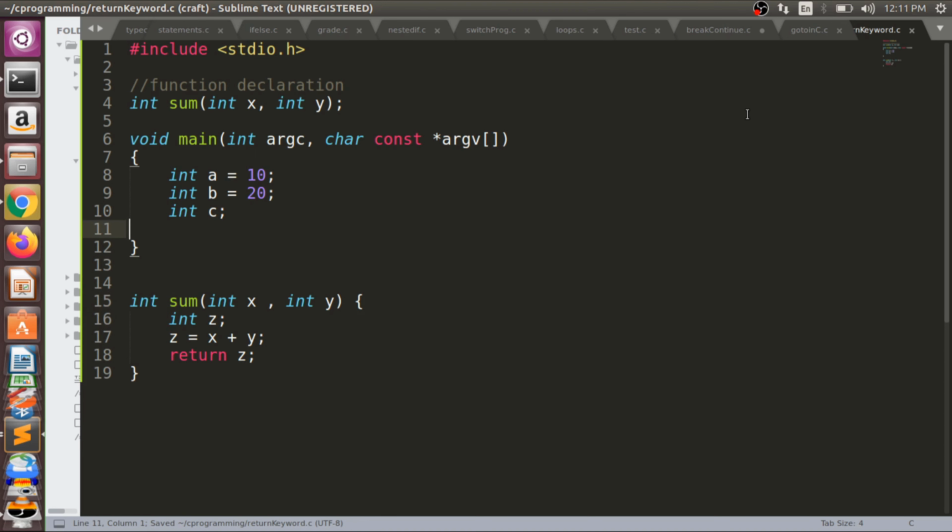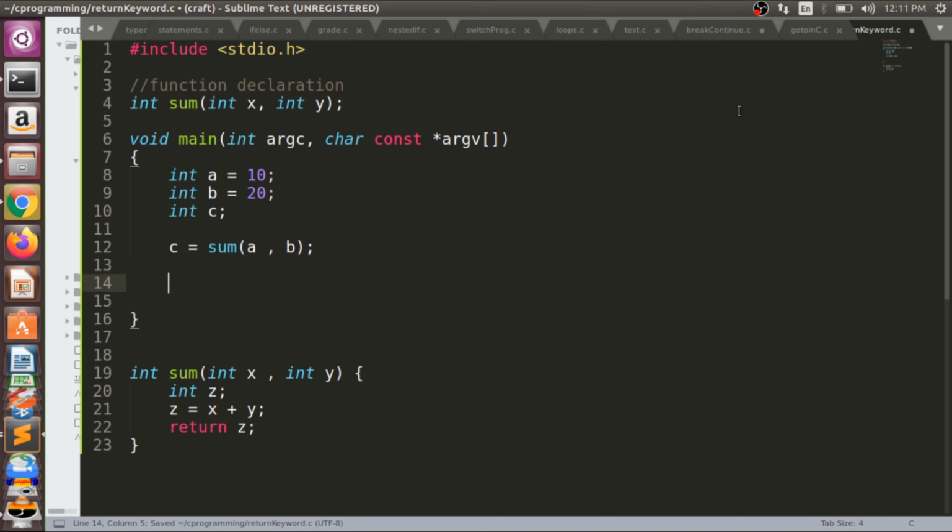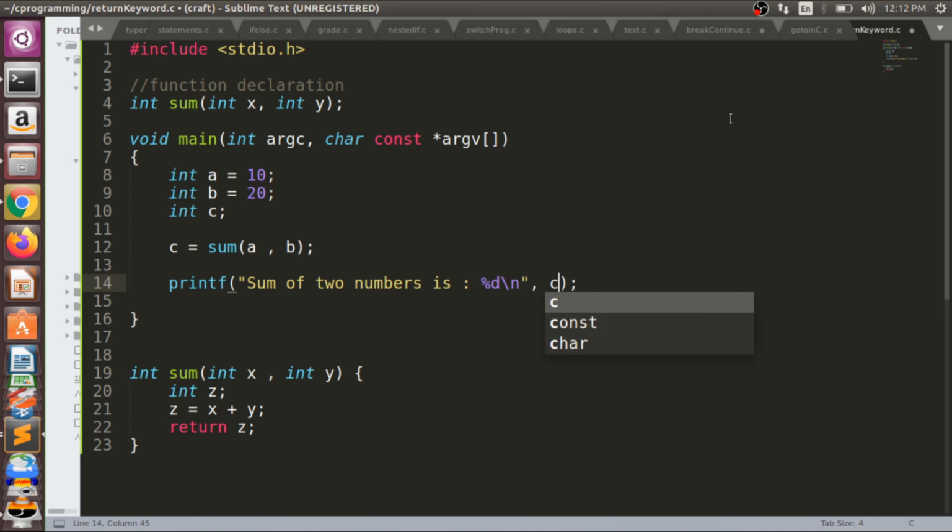So here we call this function. So c is equal to sum, and in sum we will pass a, b. And we will printf the sum of two numbers is %d, and here we have c.